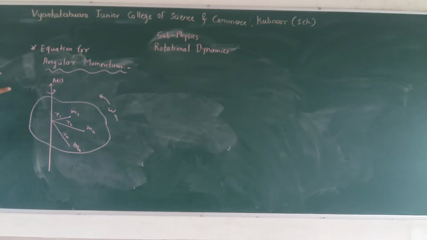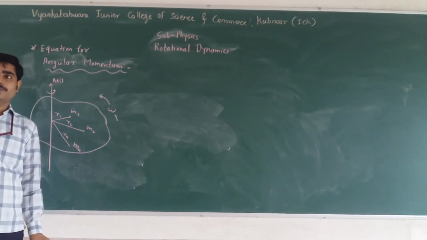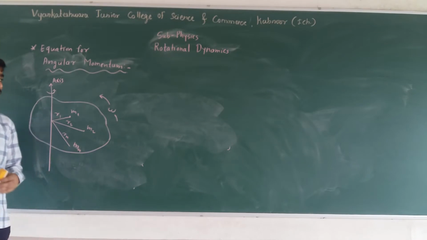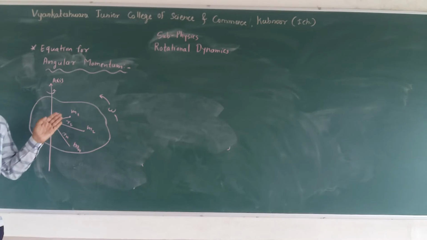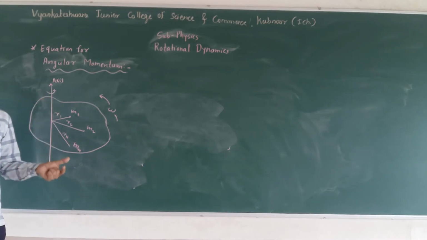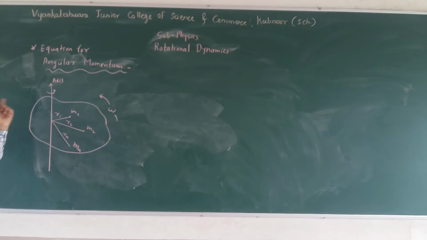Okay, so we have derived the equation for angular momentum. Friends, remember, in your textbook the diagram is not given, so you have to draw the diagram. They have already drawn the diagram and the reference is given in your textbook. So here we have to draw the diagram. Now we have to write the explanation.